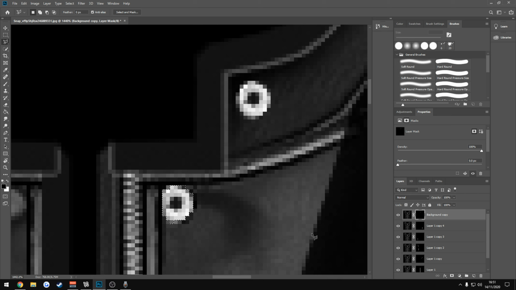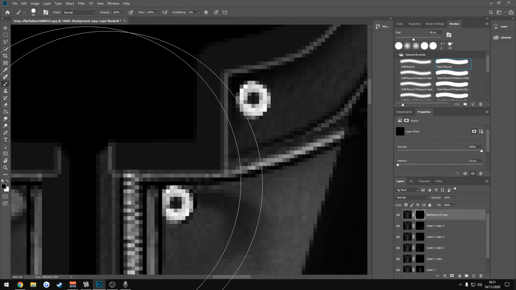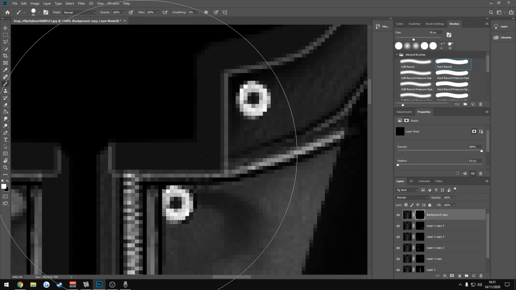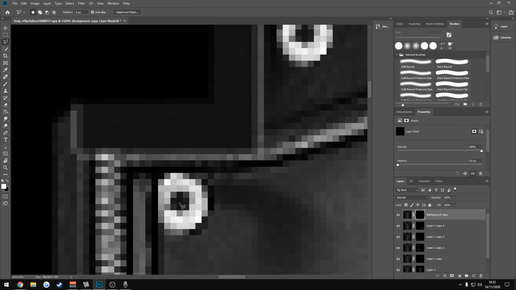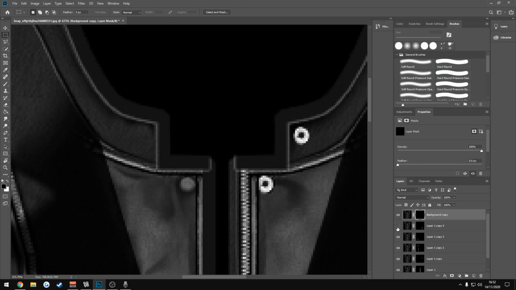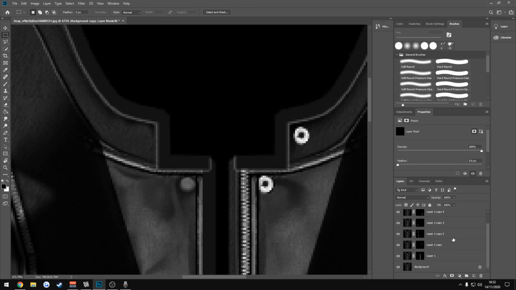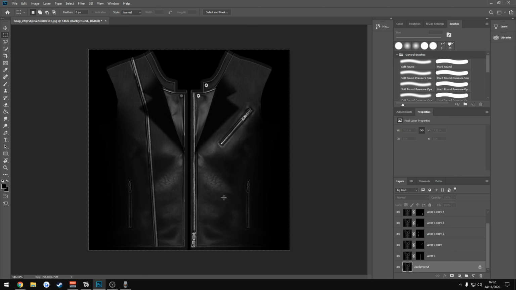So we'll do the same for the other one now. We'll do it on the same layer. We don't need to make a separate layer for that, may I say. And then it should be good now. Should just, yeah, it has both of them now. There we go. So now that we've selected all the silver,